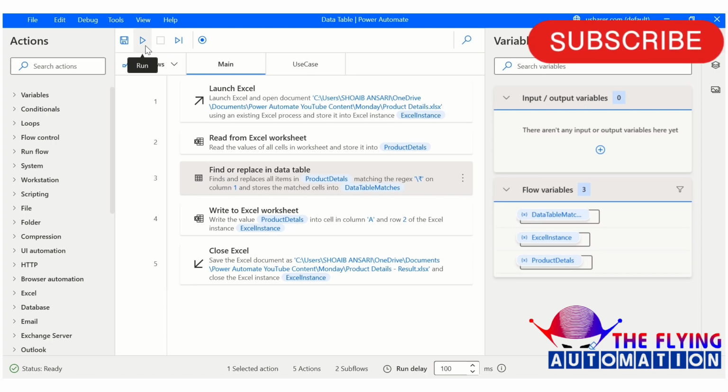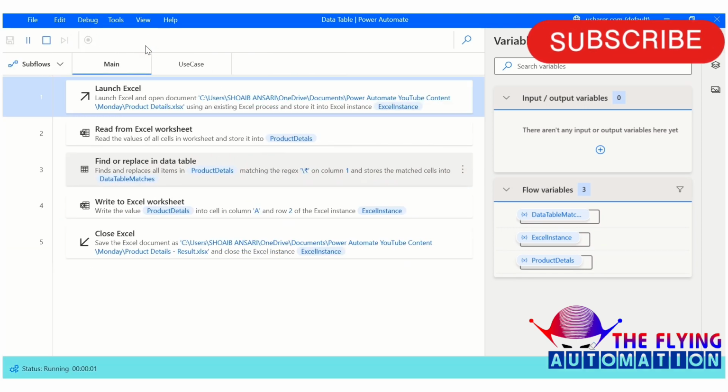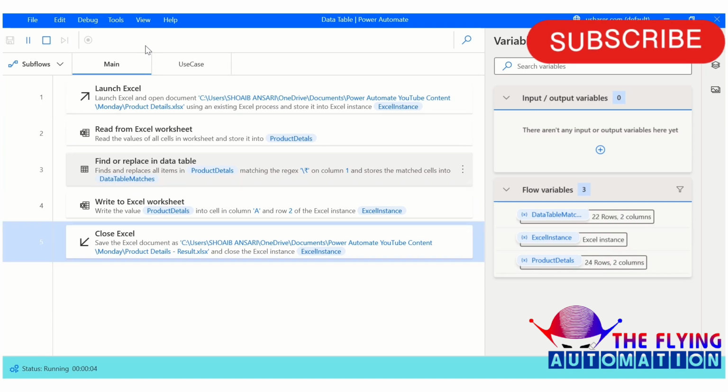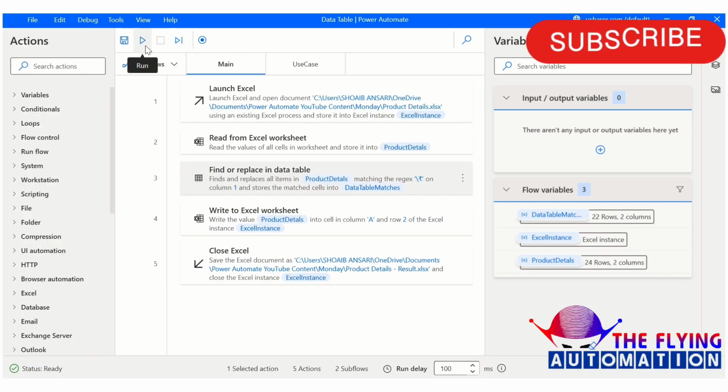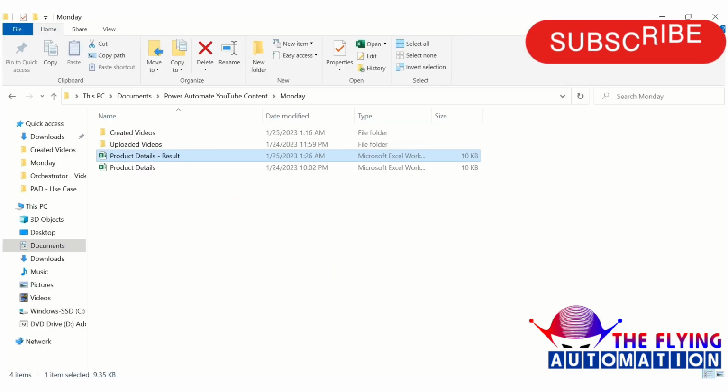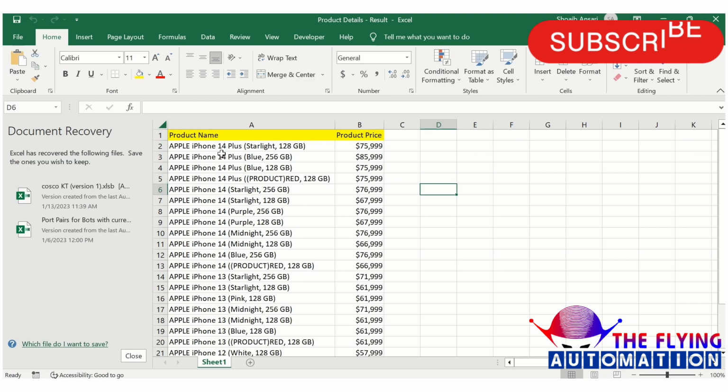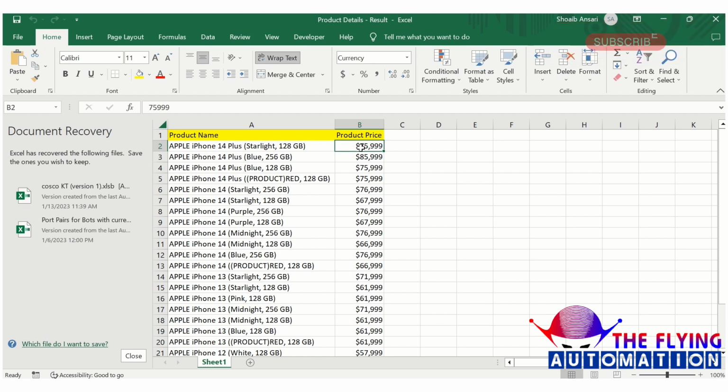I am running this flow. Your flow is running and executed successfully. Let's go to the Excel spreadsheet and see the output. Here I am opening it now. Now you can see here, instead of the rupees symbol, our flow has replaced rupees with dollar.